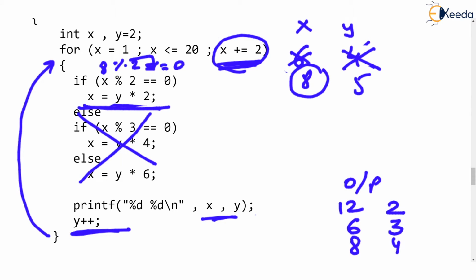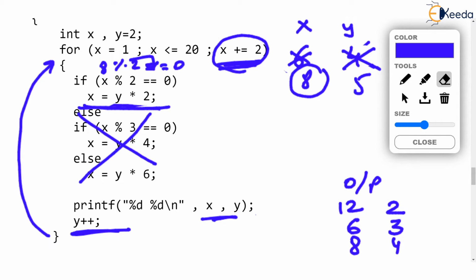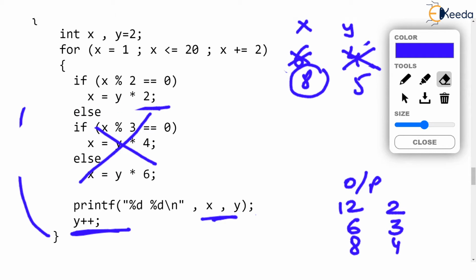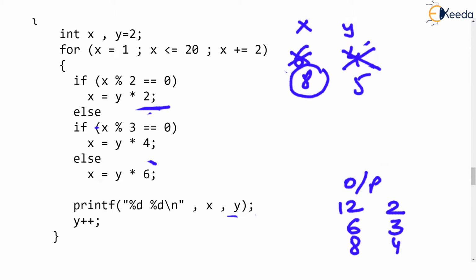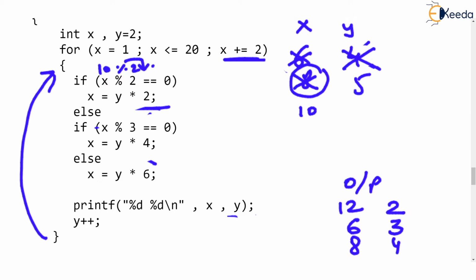Oh, it's a big question. I didn't anticipate it. Sorry for making such a question, but still, we have that fun of running the code on paper. Okay. Now let's get back and make x as x plus 2. So x will become 10. And let's run this for x equal to 10. Is 10 % 2 equal to 0? Yes.